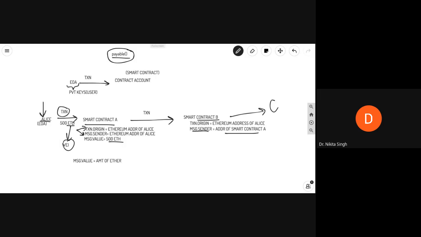And just a quick refresher, a Y is the smallest fraction of ether. So say I want to send 1,000 Ys. On the level of the Ethereum virtual machine, that is how we specify ether transactions.